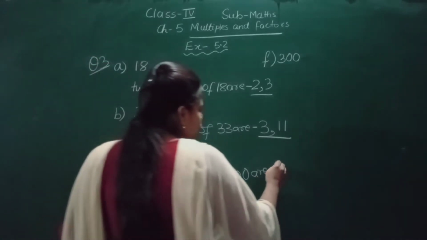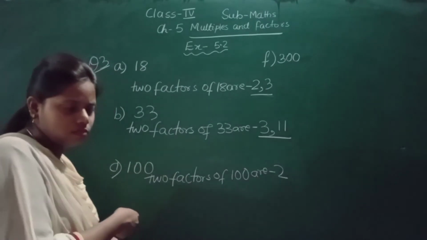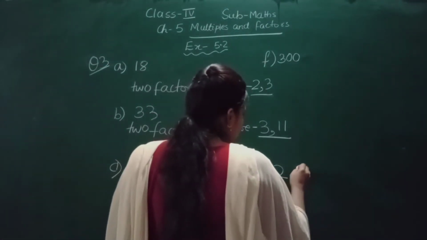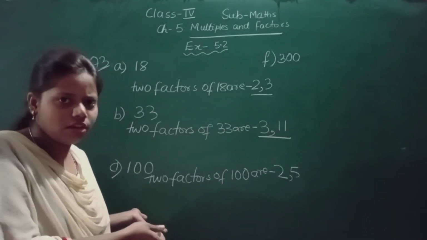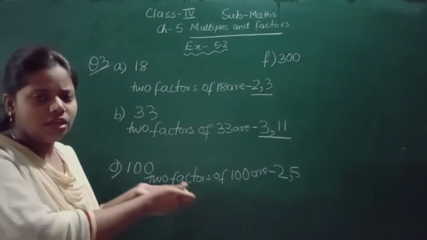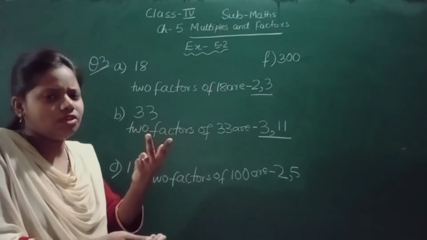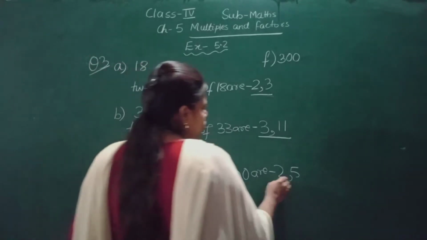You can write 2, in the table of 2 it will come. You can write 5, in the table of 5 it will come. Or you can write 10, in the table of 10 it will come. 10 10 is 100. Okay. You have to write the table in which this 100 will come. Just 2 we have to write. So any 2 you can write. Okay. So I have written here.